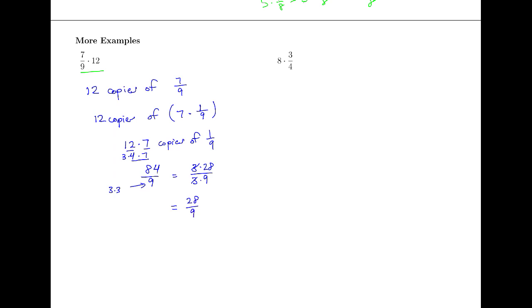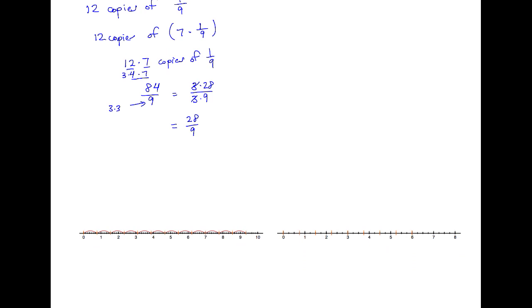All right, so I want to go down. I have a number line here, and we actually see 28. Oops, I screwed up. It is not 28 ninths because 9 is not 3 times 9. 9 is 3 times 3, so this should be 28 thirds. All right, so looking at this